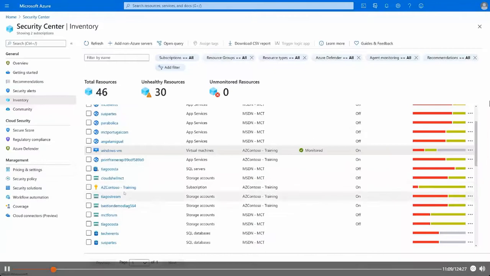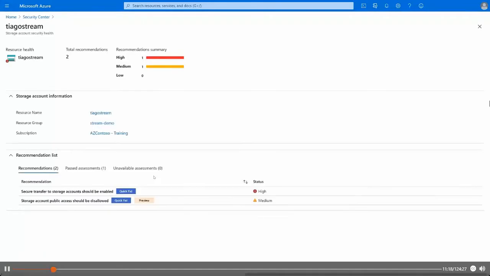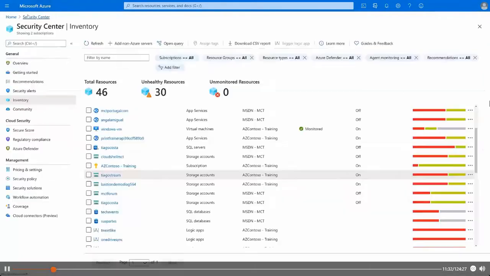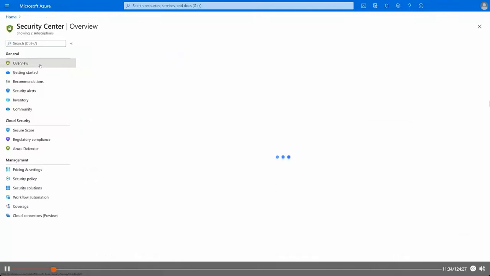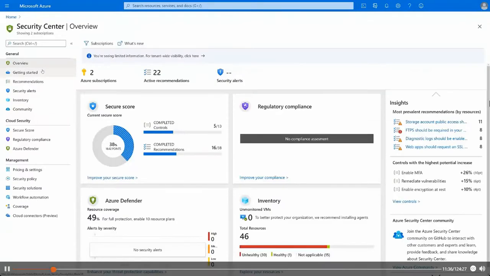If I go back, we can see, for example, a storage account, and this storage account also gives me some details here. I have 2 recommendations around this. Is that on purpose? I don't have secure transfer enabled on this. I have disabled it, and you see here, boom, it just shows up right away. So Security Center, very important to have this running and configured. And this is just an example of some of the recommendations and some of the details that you can see